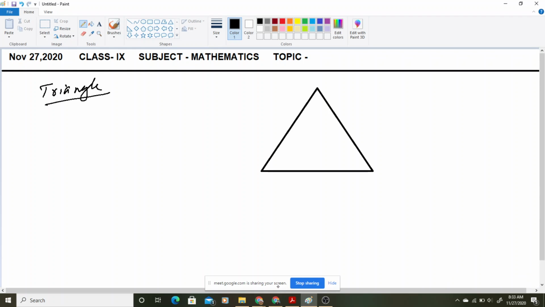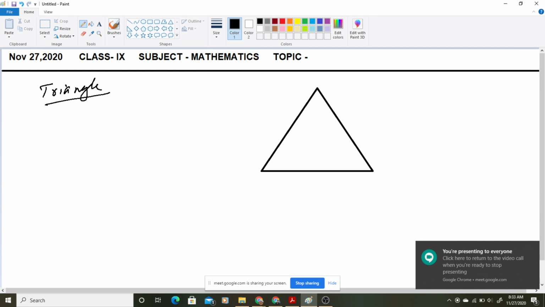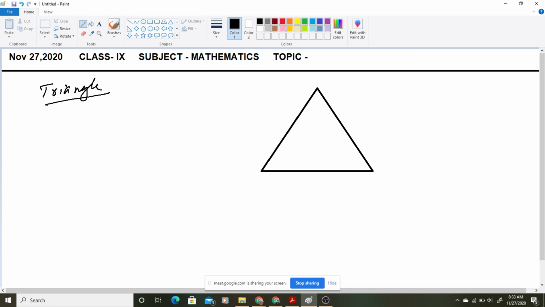अब हम बात करते हैं, we talk about polygons, we talk about every three-sided, means every closed figure, है ना, any closed figure, when we talk about a figure, polygon. So that means a triangle is what? A triangle is a polygon having three sides. Just a simple definition of the triangle.